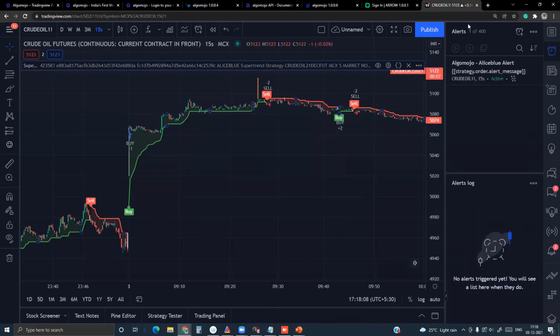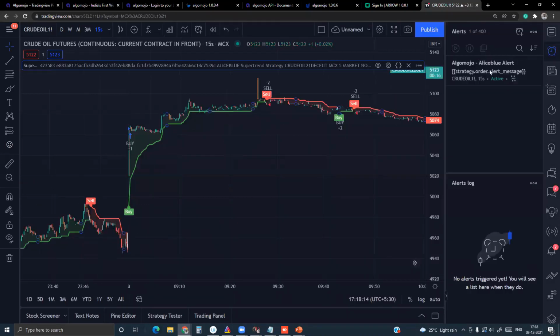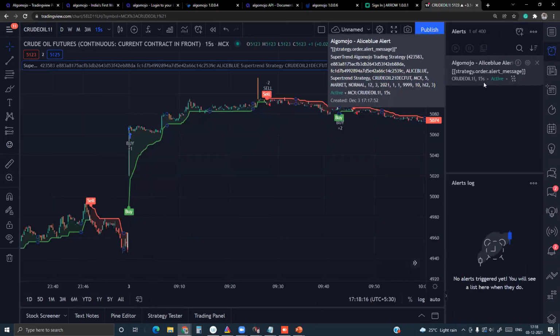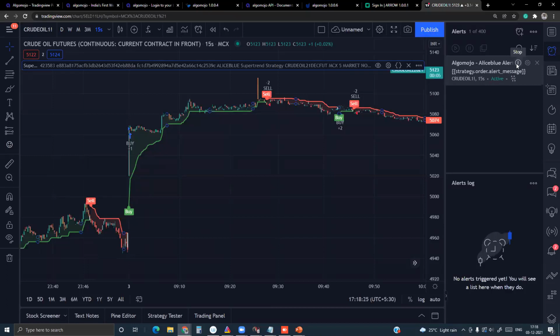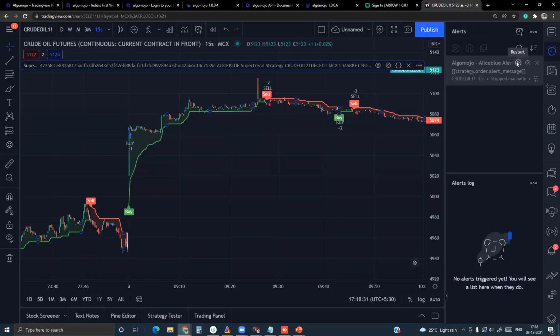So there are two sections you can find. Alert, you can find it in the right-hand panel, there is an alert box. Click on that, you'll be able to see the configured alerts. These alerts can be controlled from mobile applications also, or from tablets, from anywhere you can configure it. If you don't want the alert, you can pause it so that automated orders will not be sent. So you can say that it's stopped manually, or if anytime you want to restart the alert, you can start it. Right? So start and stop, always it is done.